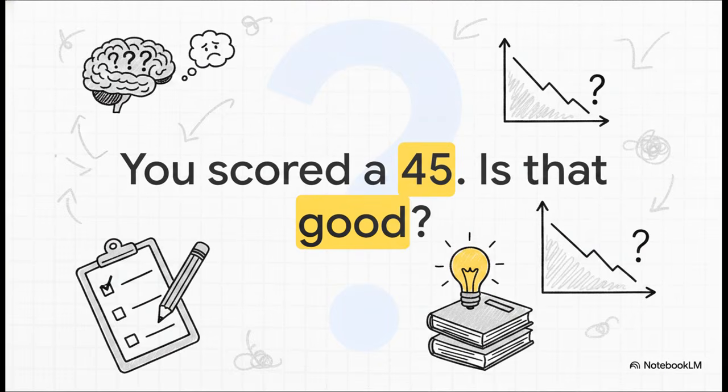So, to kick things off, I want you to imagine a scenario. You just sat down, took a highly anticipated test, and the proctor hands you back a piece of paper, and it just says 45. How do you feel about that? Is that good? Are we popping champagne, or are we absolutely devastated? Should you be celebrating or hitting the books harder? If you're feeling a bit confused right now, well, that is exactly the point. Without context, our brains simply cannot process what that raw number actually represents.